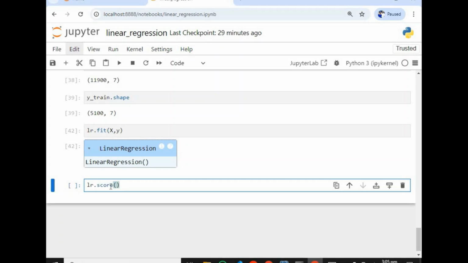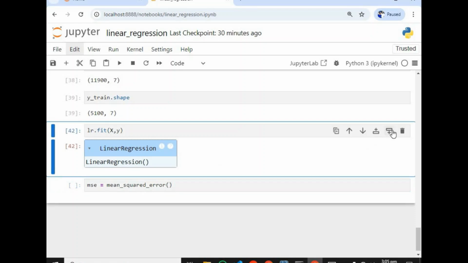X_train, sorry, X_... plus MSE equals mean squared error. Okay, we're going to call